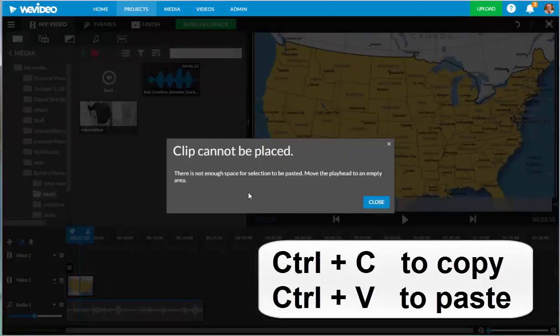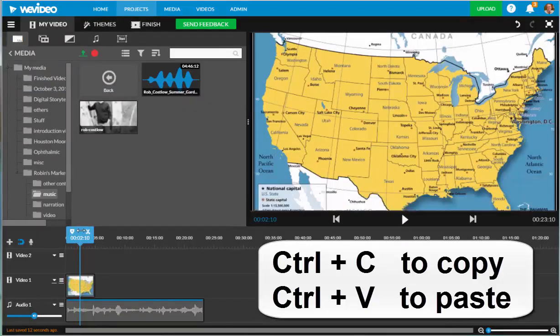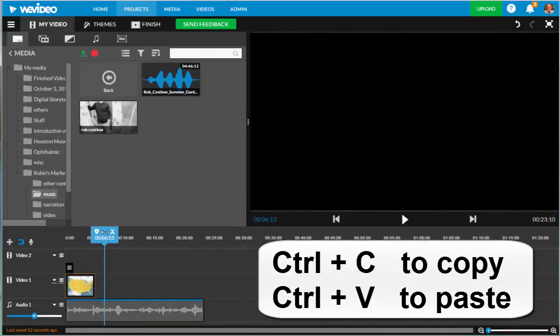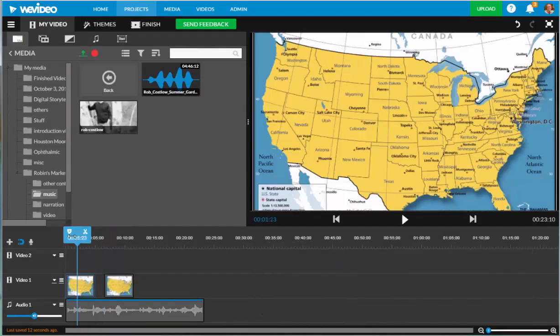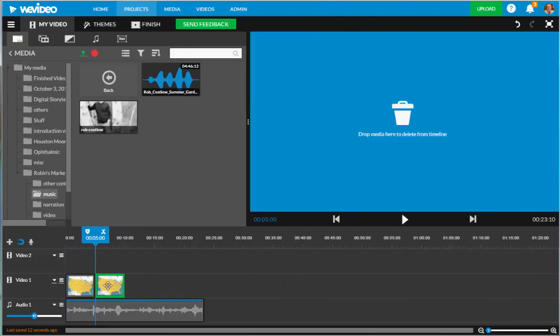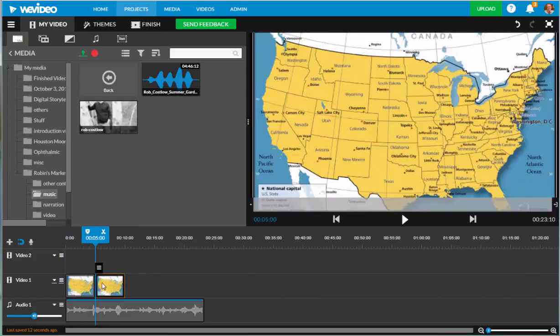But it says that I can't. I have to move the playhead to an empty area. So what I have to do is come over here where I want to paste it and then paste it in like that. And I also will want to move it over a little bit,